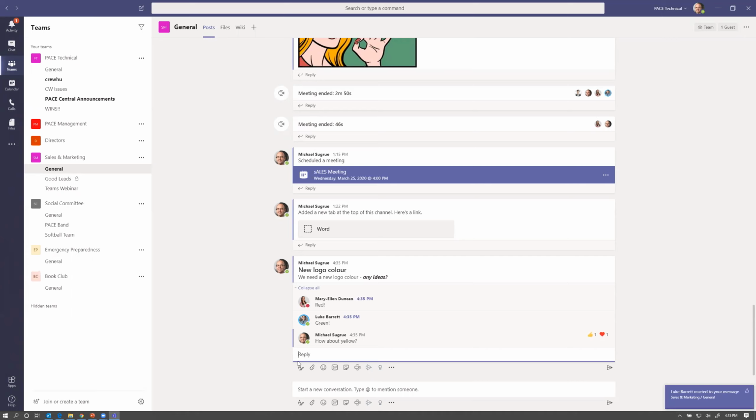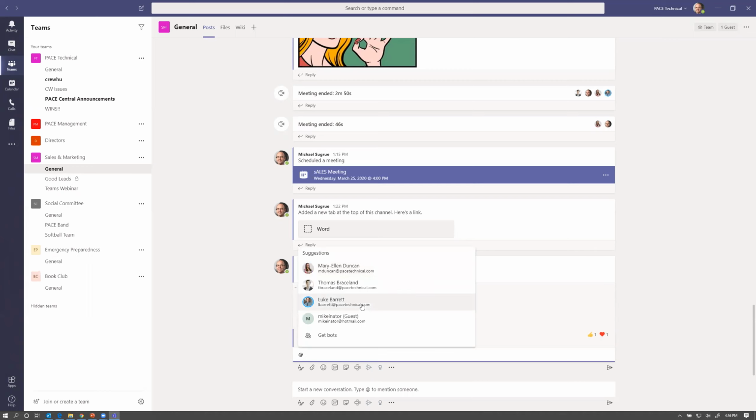So there's a couple of other things that you can do within messages. I mentioned at mentions before. So if I wanted to call someone's attention to this, I can start with the at symbol, and it's already going to start bringing up suggestions of all the people that are a member of this team.